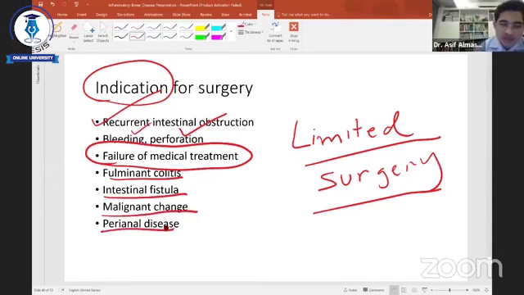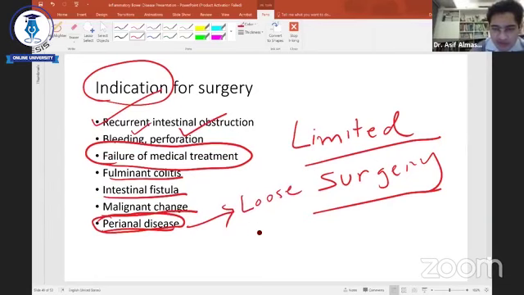So commonly we do operations in case of perianal disease because these severely deteriorate the quality of life of the patients. And we usually give loose seton. Now, you don't have to remember this, or drainage seton. Drainage seton is used. This is quite common. You'll get quite a number of patients given drainage seton. Maybe another day we will discuss this. It usually helps the patient. So we commonly use drainage seton for these patients.